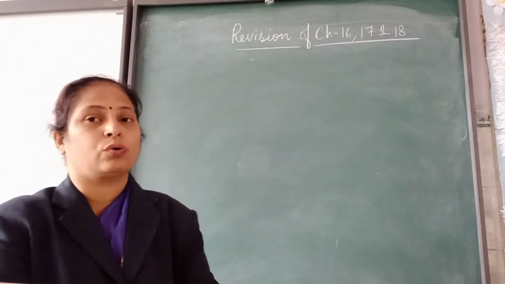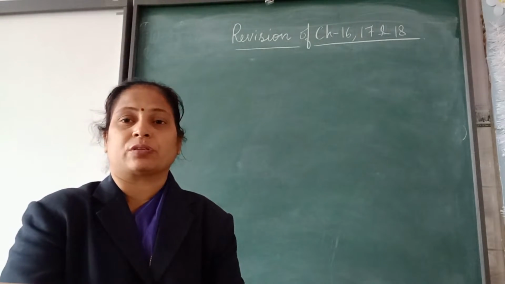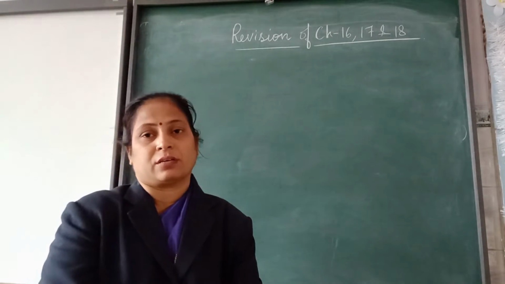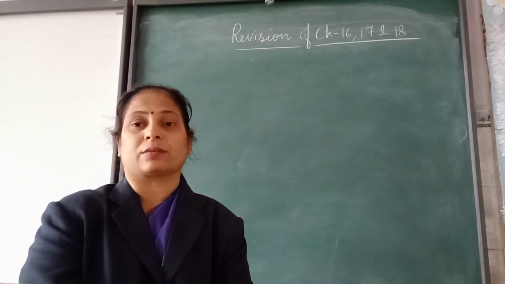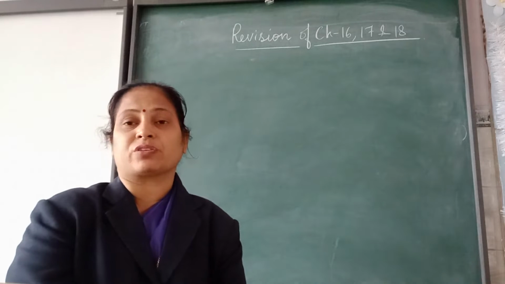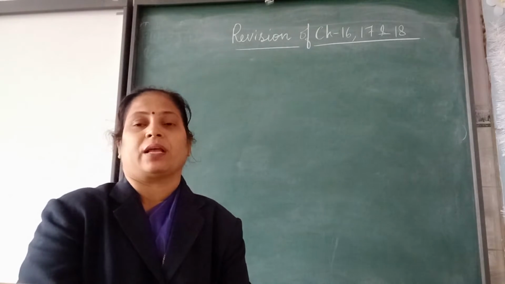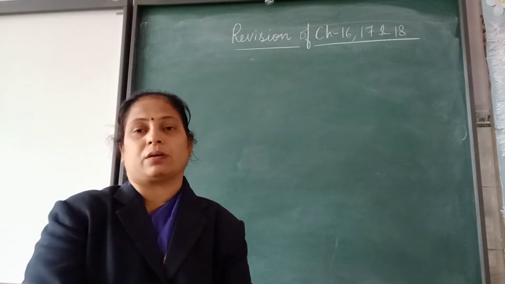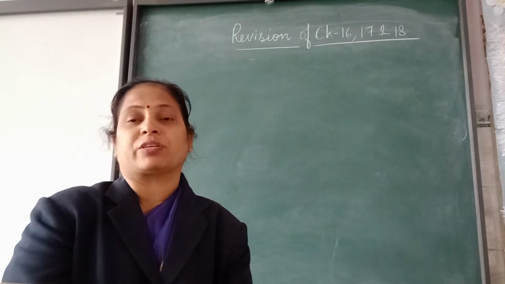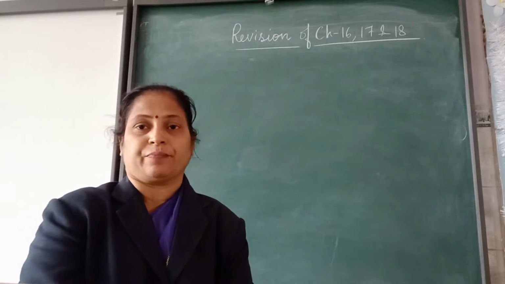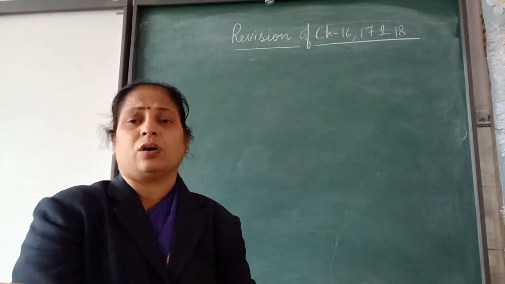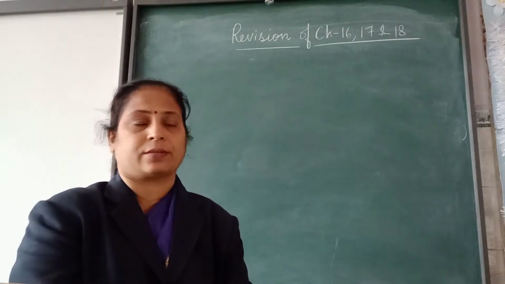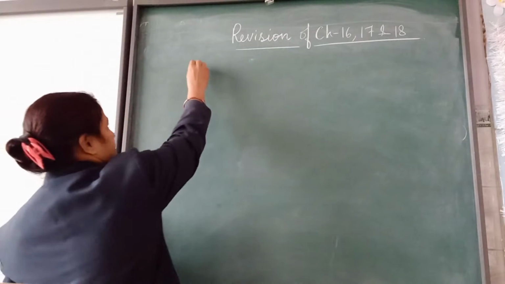Now children, as you know that whenever we measure things, like a distance or length, we measure in kilometers and meters and centimeters. And when we measure weight, we measure in kilograms and grams. And when we measure liquids or capacity, then we measure in liters and milliliters. Now I am going to tell you how we are going to convert the units. Now let us see the first question.